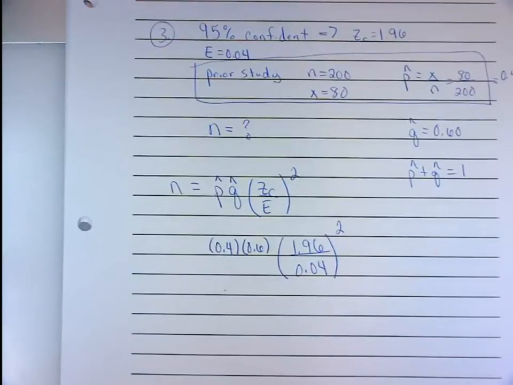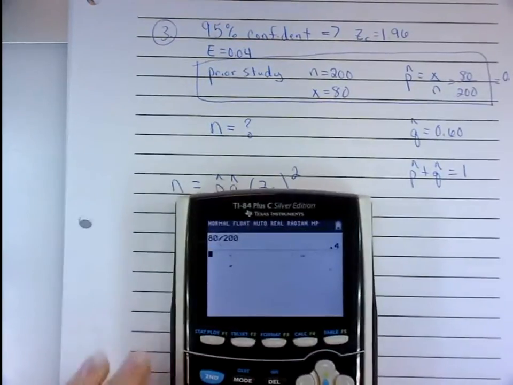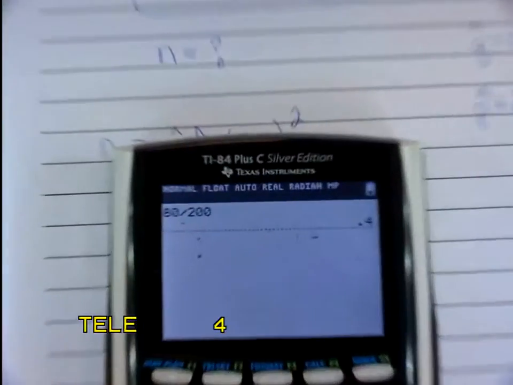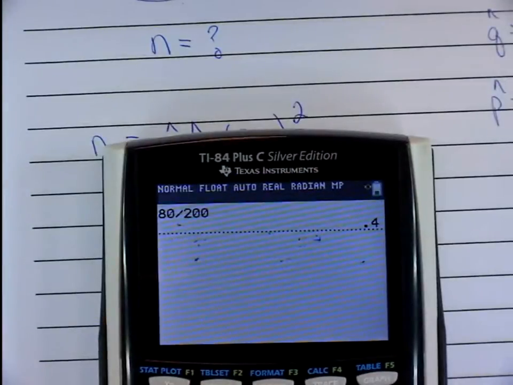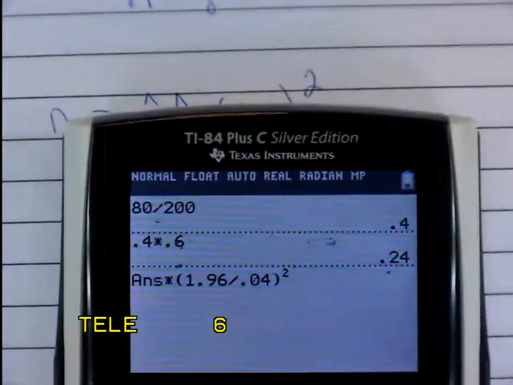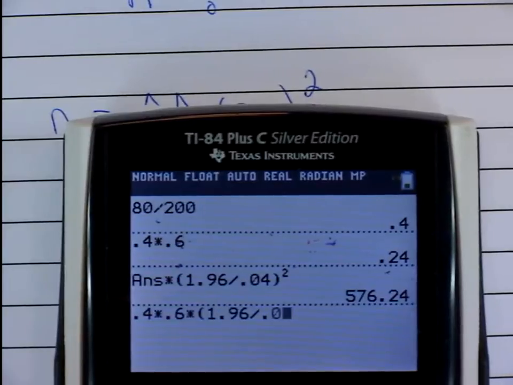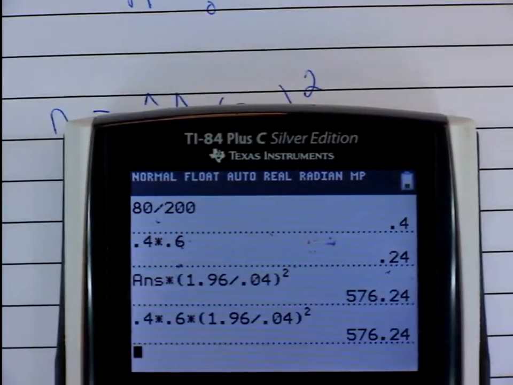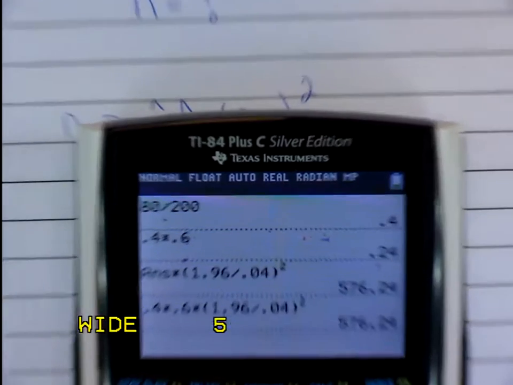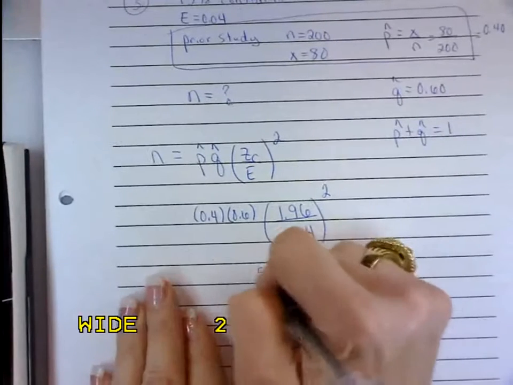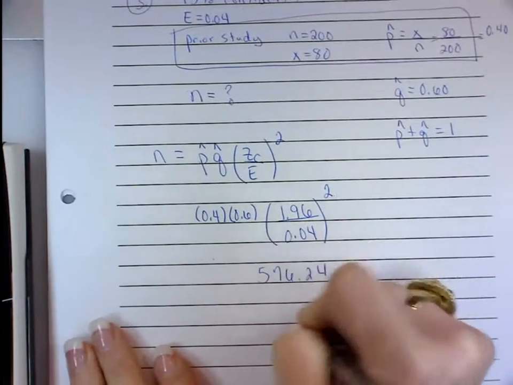0.04. Plug it into the calculator and always round up regardless of decimal. 0.4 times 0.6 times 1.96 divided by 0.04, quantity squared, equals 576.24. And I'll write that down. 576.24. Always round up, everybody, so it's